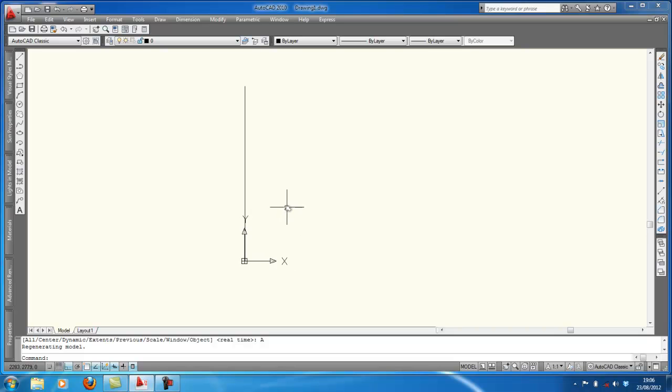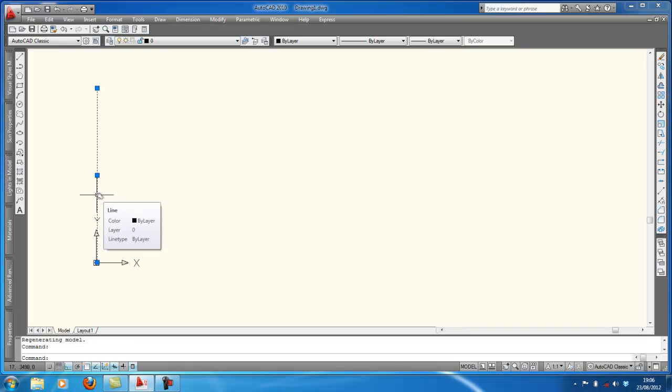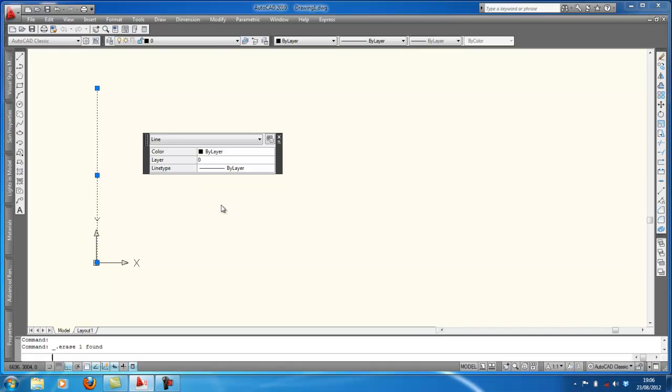Okay, often enough, if your mouse is set as a PS standard mouse, if you press the scroll wheel, can you see that the puck is turned into a hand? So you can move the whole thing. It's like grabbing, and you can move the whole thing from side to side. Alright, so now that I've got this 9 meters long line, I will click on it and I will delete